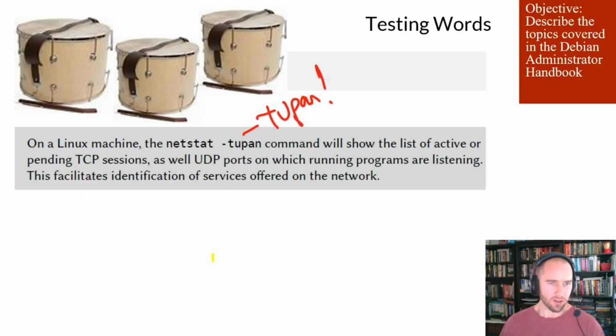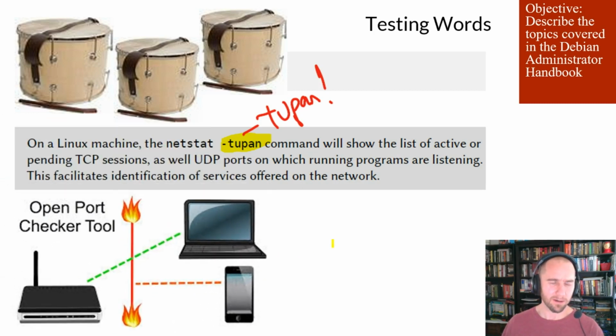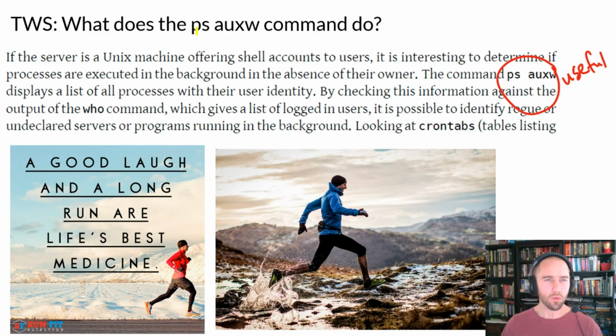Another cool command you can use is netstat, and if you type in netstat -tupan, and I guess tupan is a drum. I just had never seen that until I read this book. But if you do that, this command will show the list of active or pending TCP sessions. So right away that sounded really helpful to me. And here we are back at the whole concept of identifying services offered on the network. So let's wrap this video up with one more command, the